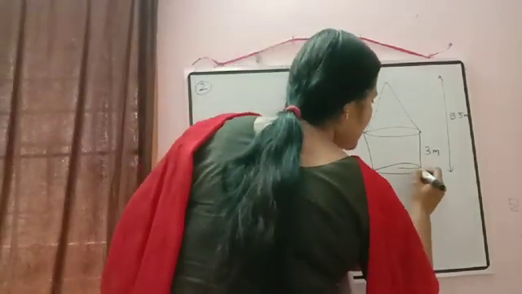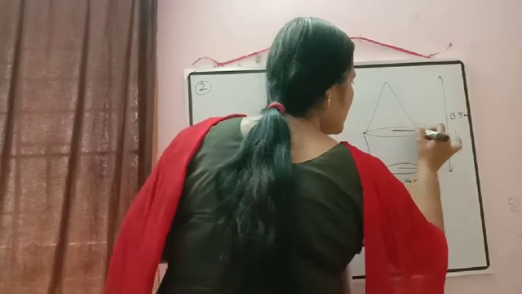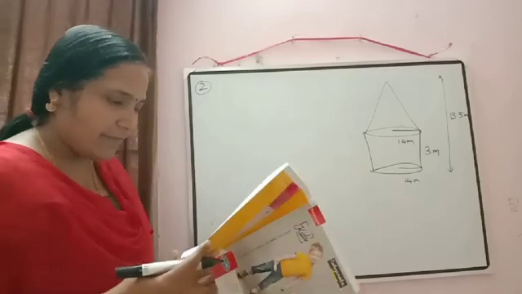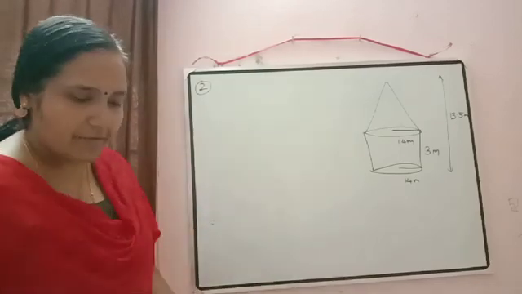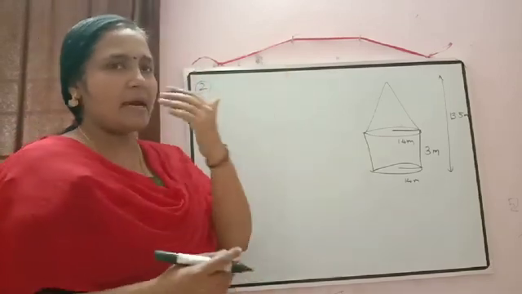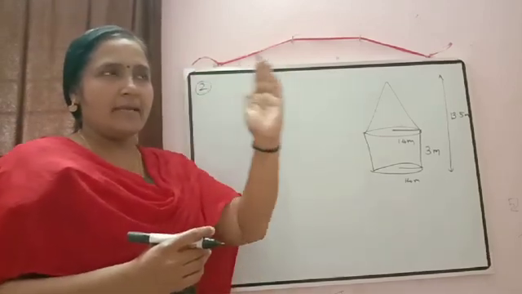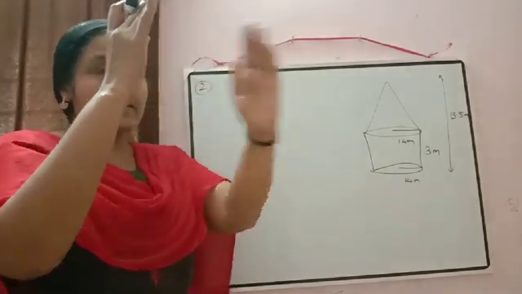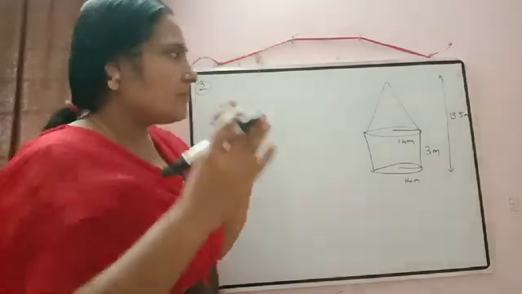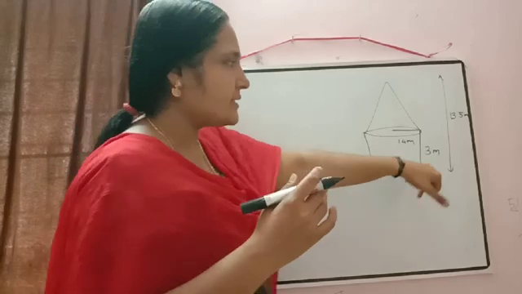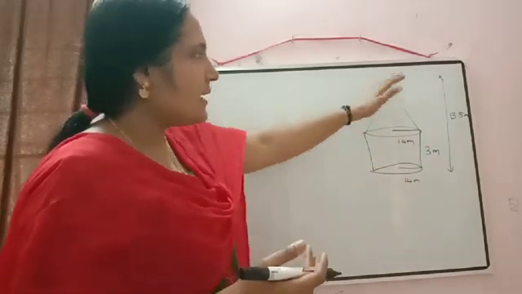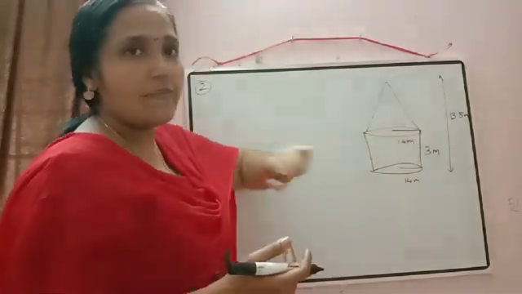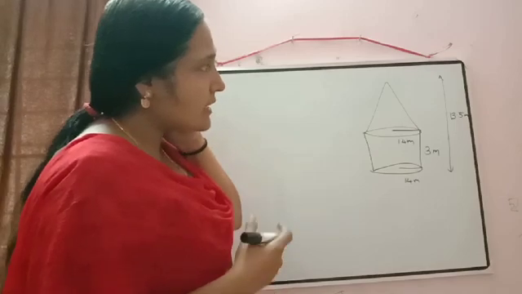So radius of the base is given here 14 meter. So here also it will be equal to 14 meter only. And then again we have to paint the inner side of the tent. So inner side of the tent, if we are painting, means what we are painting? Yes, we are painting the curved surface area of cylinder and the curved surface area of the cone. So to calculate the curved surface area, radius is there, height is also there. But to calculate the curved surface area of cone, we want slant height, means we want the value of L. But here value of L is not there, and height also.